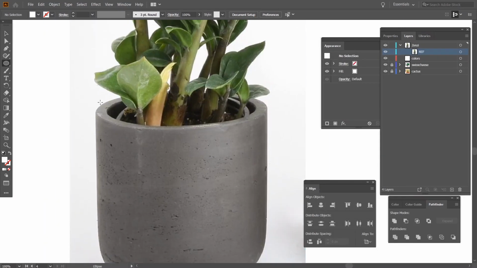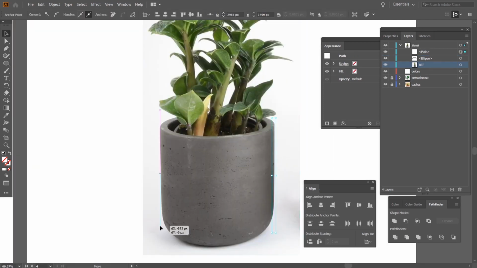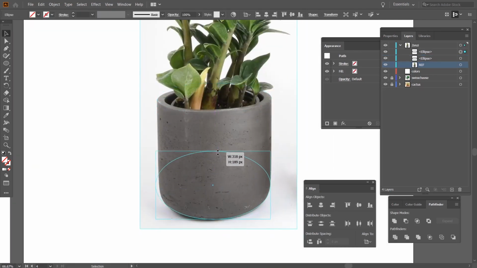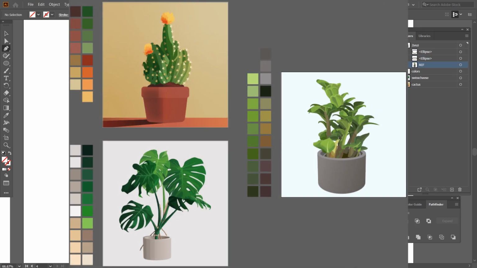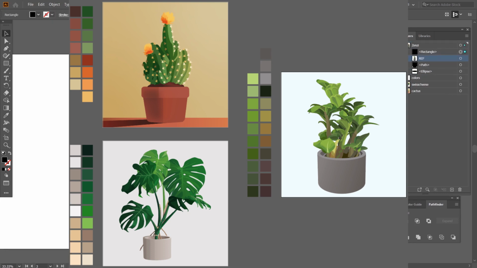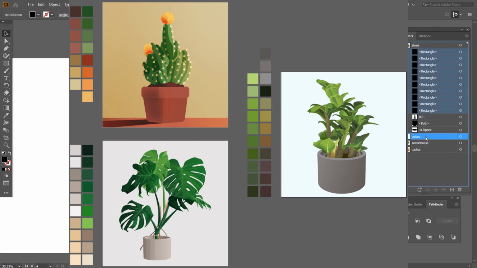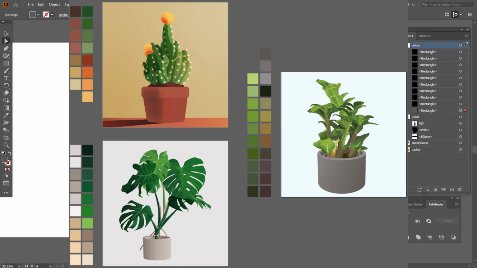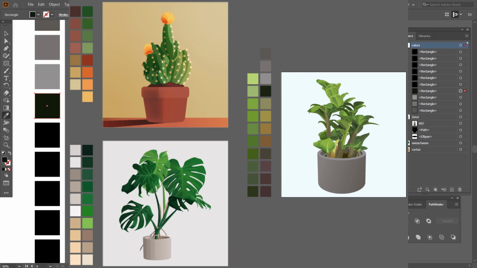Hey everyone! Today I wanted to take some time to share the process of my most recent illustration. It is the third illustration in a little three-part series I did of some plants. And this last one was, I'm really learning plant names from this. It starts with a Z. It's a zinni plant. It has a more complex name, but I don't think I would be able to pronounce